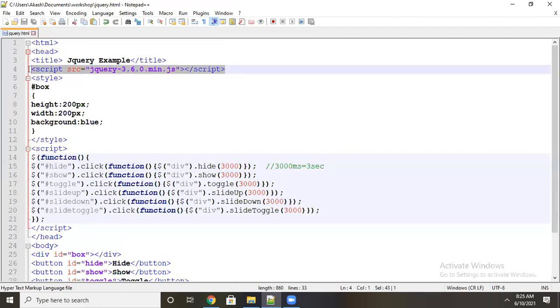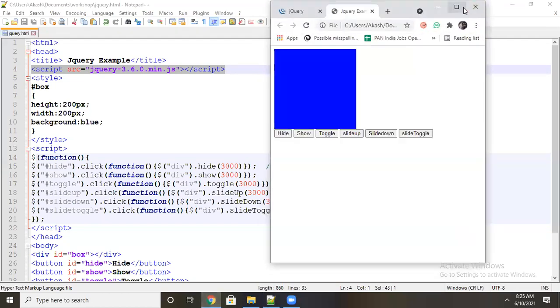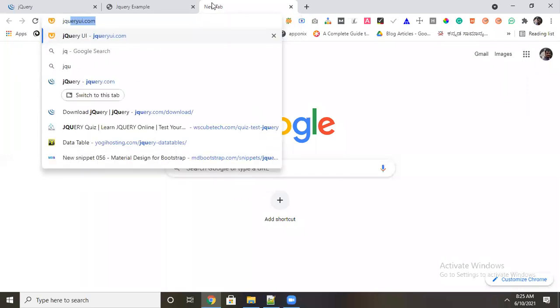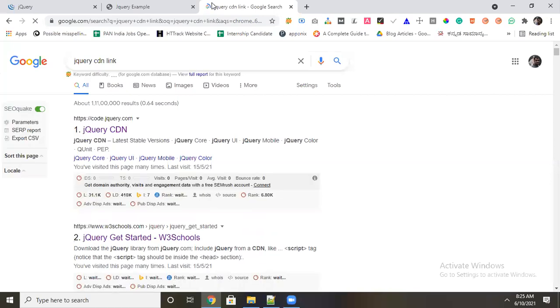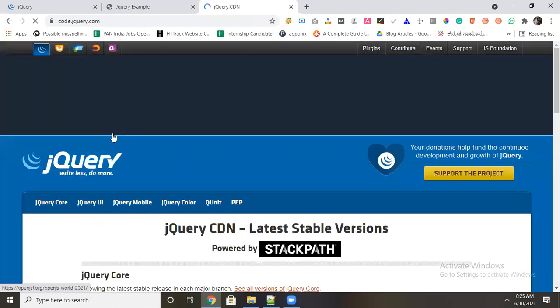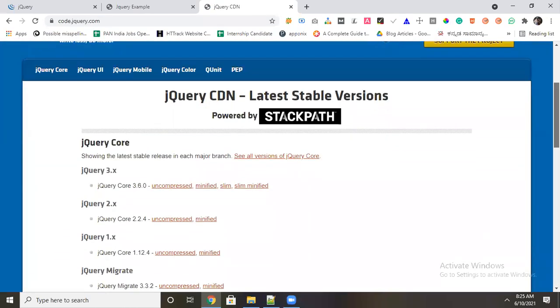One more library you can get is called an online library. If you search jQuery CDN link, you will get it, which means at that time there is no need to download. If you are using this library, you can search jQuery CDN link and you get an online link. You can directly use that particular link. CDN means content delivery network. It comes from online. Let's say the same 3.6 only.